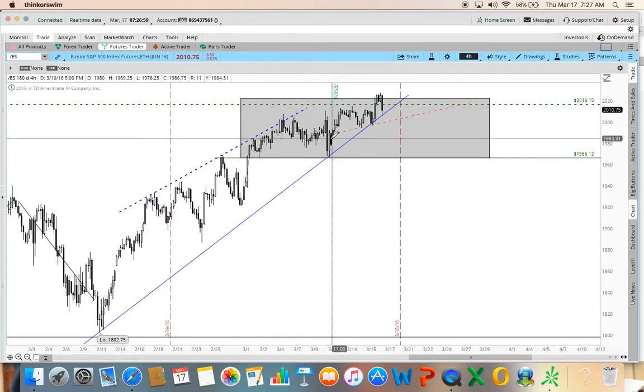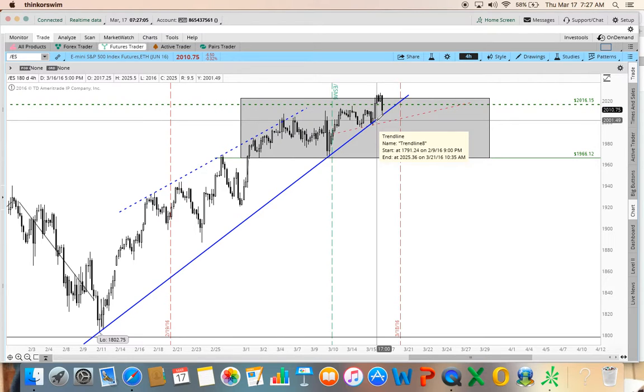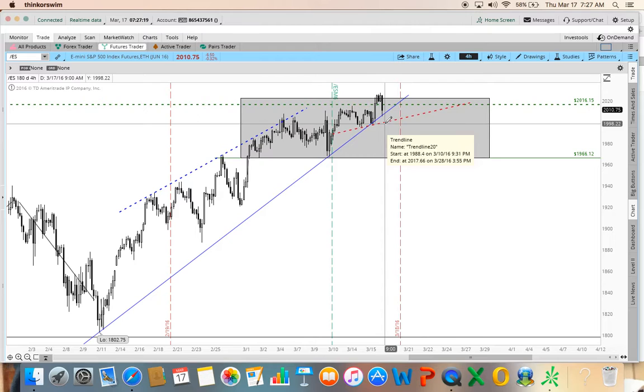So, close picture. It's not good that the breakout has failed, but still, today and tomorrow we can get a trend out of this blue trend line. If we break down from the blue trend line, my target will be this red trend line which I have drawn, or I'll then